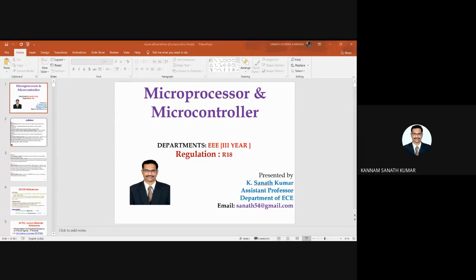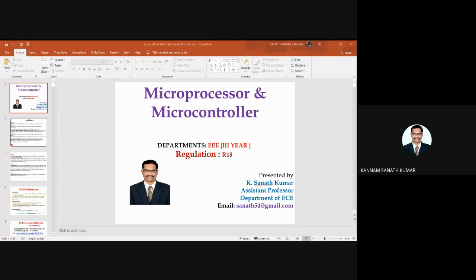In the fifth unit, we will study advanced ARM processors, that is, an introduction to the Cortex processor. We have M4 processors, the Cortex architecture, and the OMAP processor and its architecture. We basically study these two, the ARM Cortex processor and the OMAP processor. So this is about our syllabus.